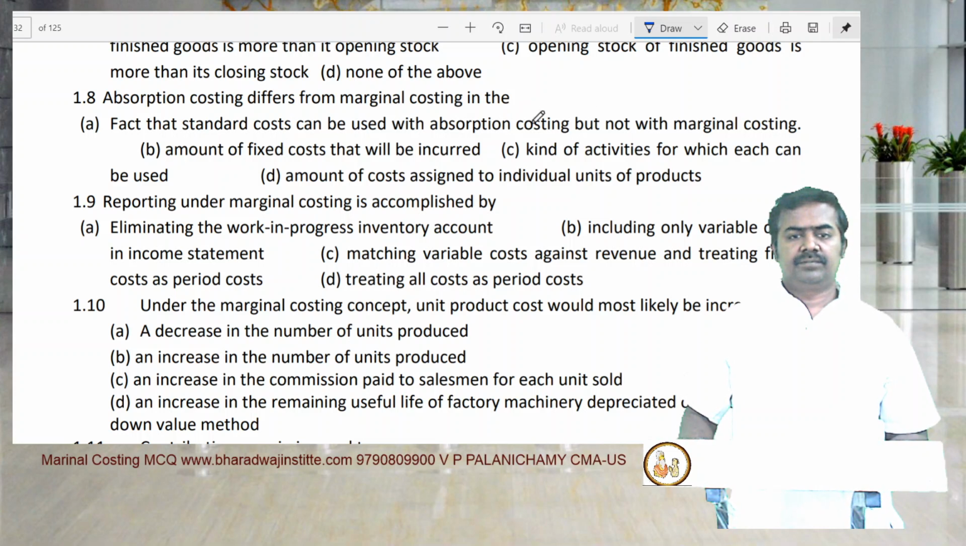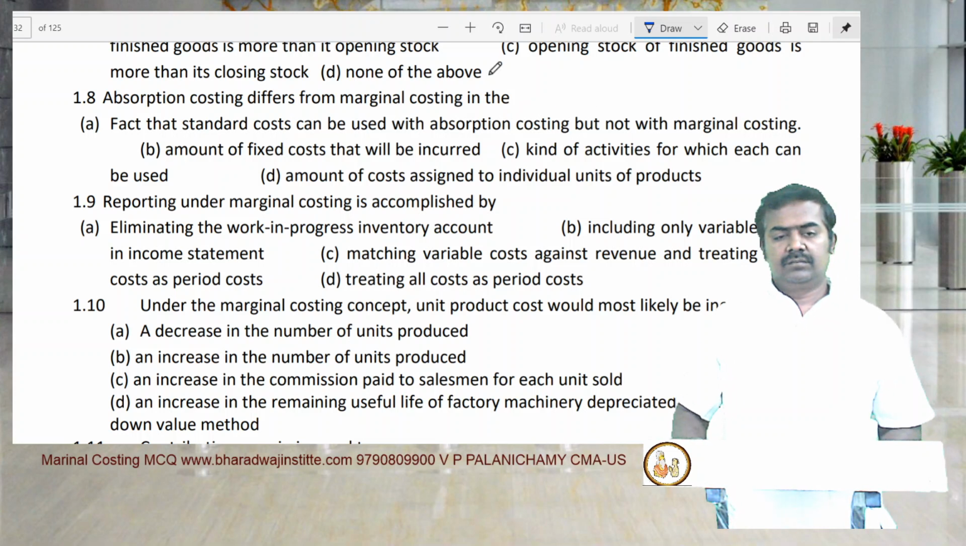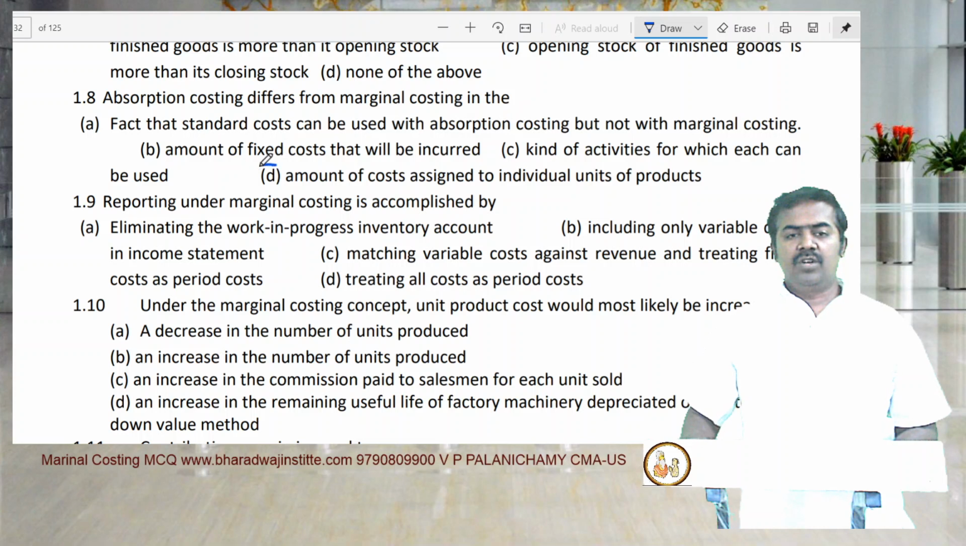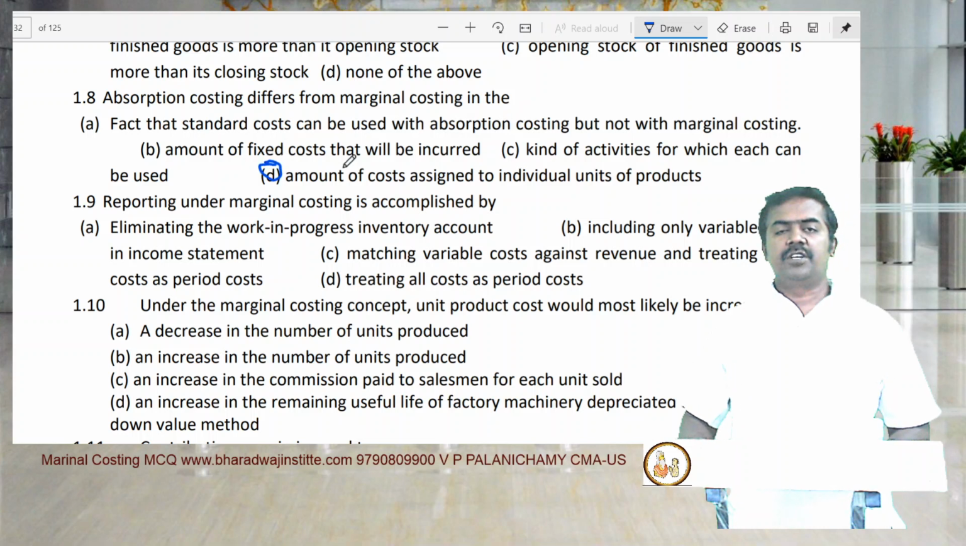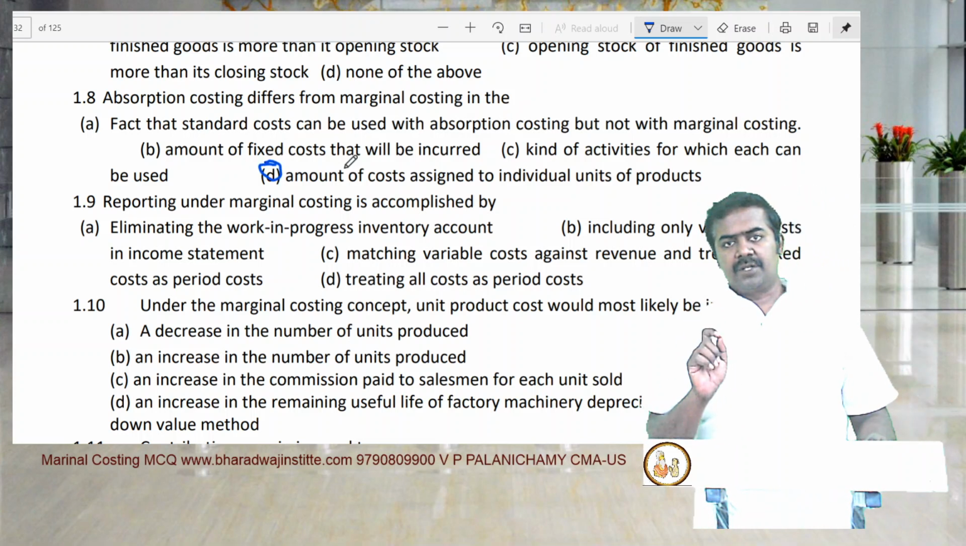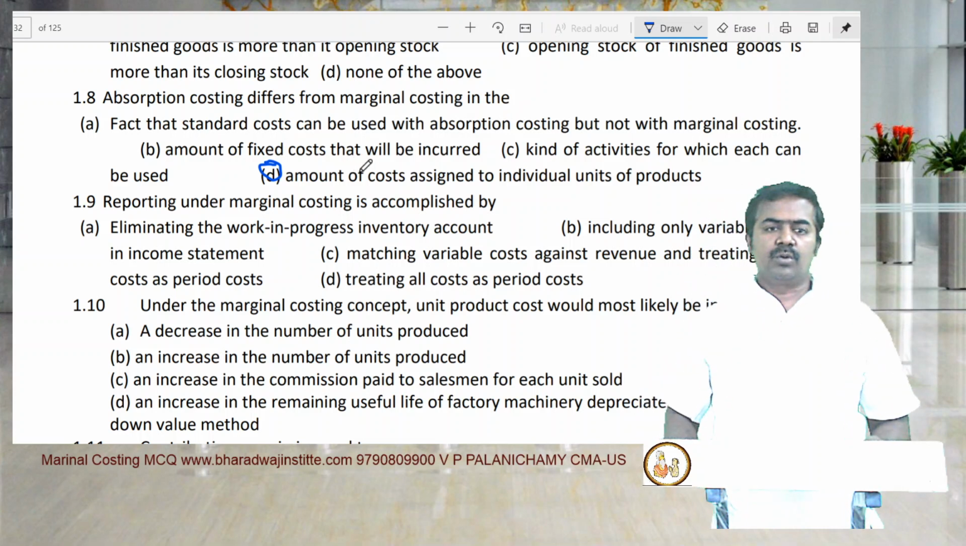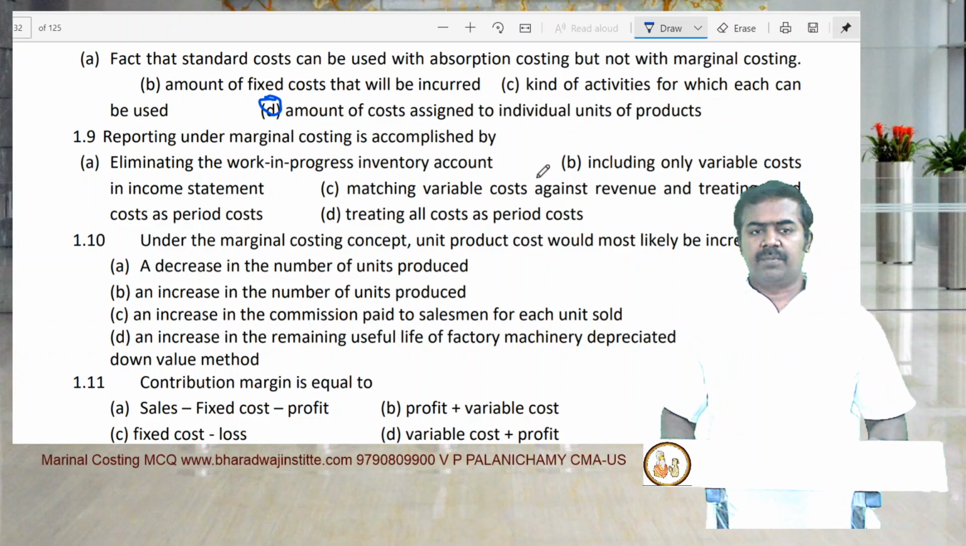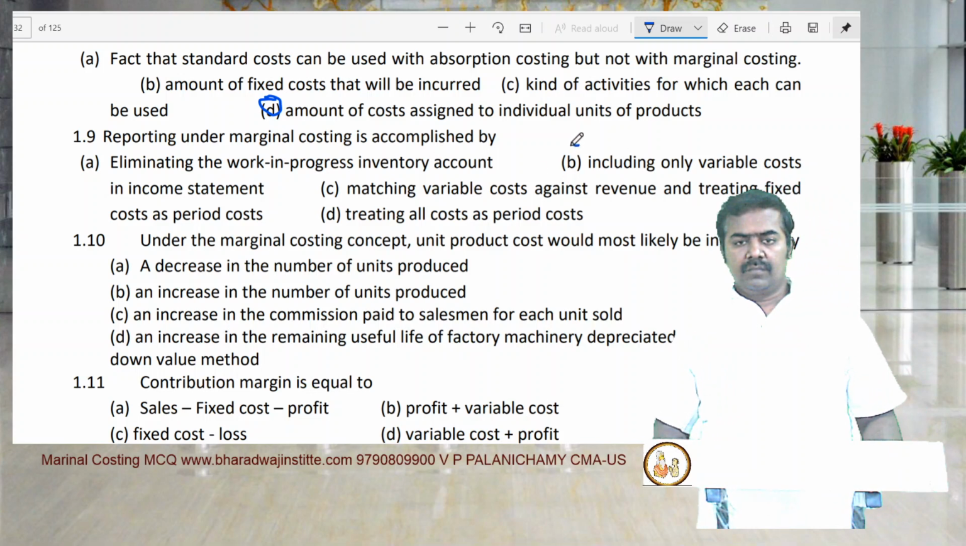Absorption costing differs from marginal costing in the amount of cost assigned to the individual units of products. Because in absorption costing we include both variable cost and fixed cost. In marginal costing we include only variable cost. Reporting under marginal costing is accomplished by